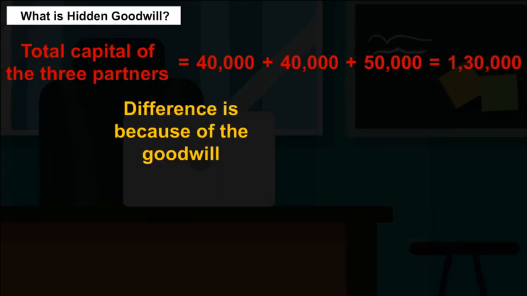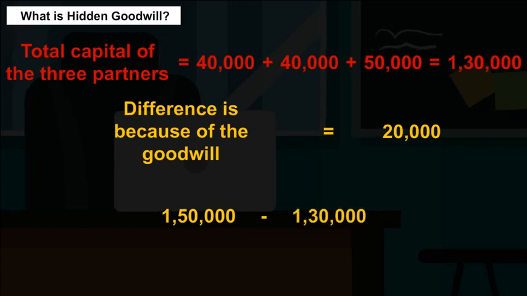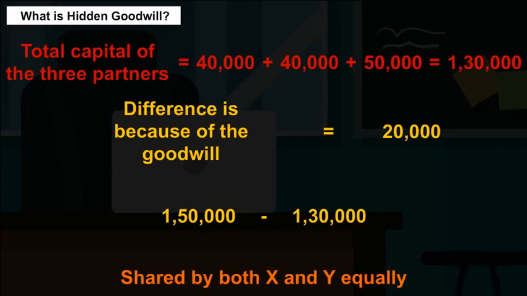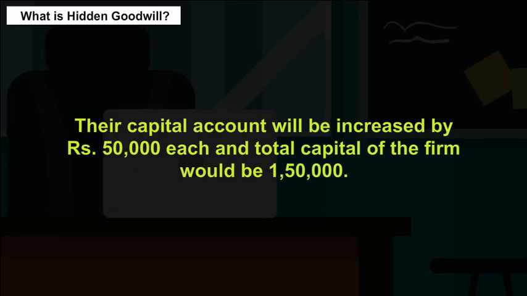The difference is because of the goodwill, that is 20,000, 1,50,000 minus 1,30,000, which will be shared by both X and Y equally. So, their capital accounts will be increased by 10,000 rupees each, and the total capital of the firm would be